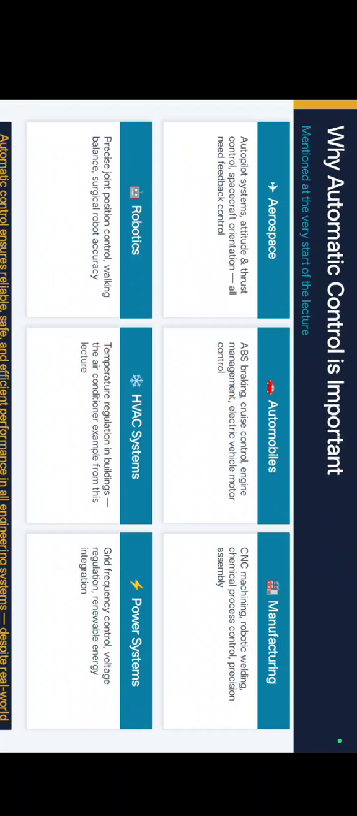So why is automatic control important? In aerospace, autopilot systems, altitude and thrust control will be there. Spacecraft orientation and all need feedback control. In automobiles, ABS braking, cruise control, engine management, electric vehicle motor control will be there. In manufacturing, CNC machining, robotic welding, chemical process control, precision assembly will have applications. In robotics, precise joint position control, walking balance, surgical robot accuracy. HVAC system,